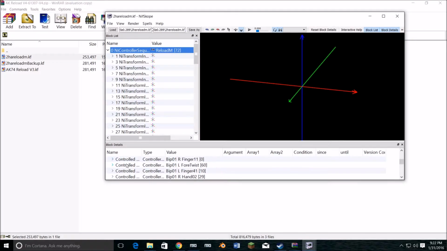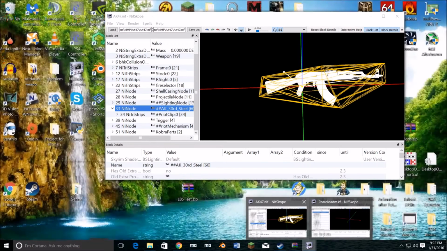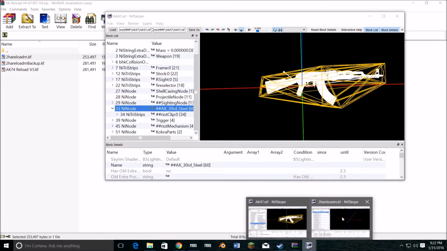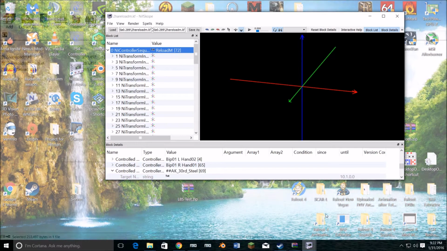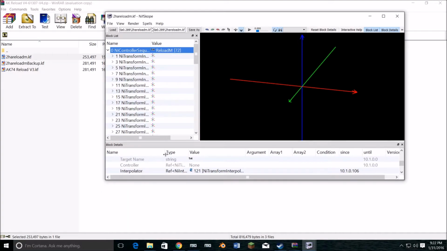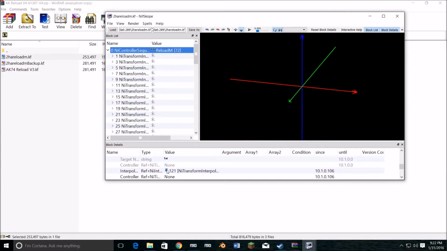Hit the arrow. Scroll down to make sure you go to hashtag AK 30RD steel, or if it's 30RD M4 AR15, whatever, doesn't matter. Just make sure this matches up. This controller block matches up with the 9 node that you're trying to get to animate. So since these match up, I assume, yep, you're going to go down to this controller block. You're going to go down to where it says interpolator right here. You're going to hit this little blue arrow,